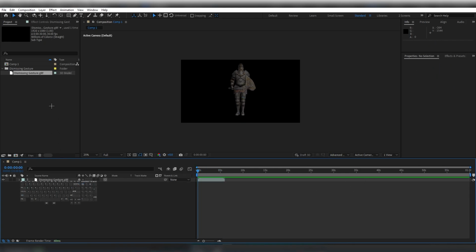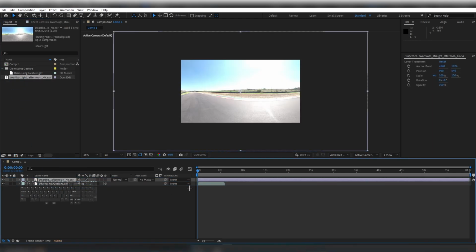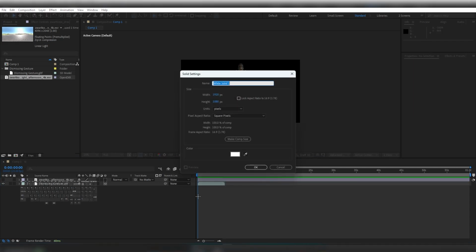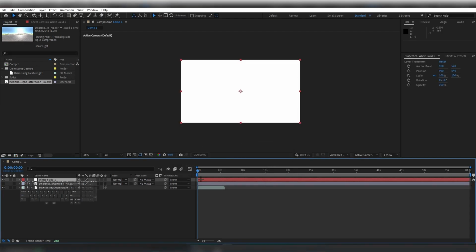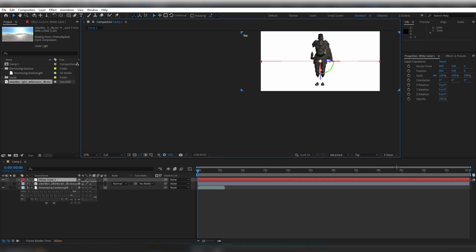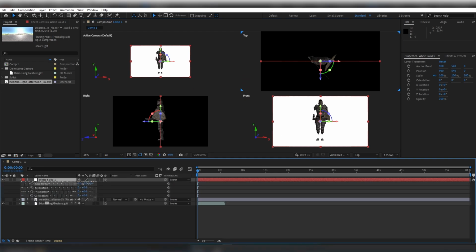I'll start by importing an HDRI image. I got one from Poly Haven, and then I'll drag and drop it into my timeline and then I'll hide it. Now let's add a solid as our shadow catcher. I'll press Ctrl Y and then press OK. Then I'll make it a 3D object, and around here in the views, choose a 4 views, and then rotate your solid object